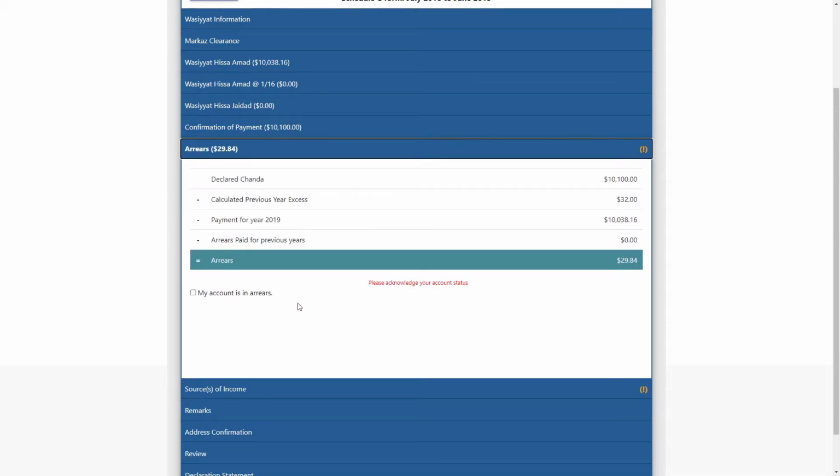Depending on this entry, the next section will give you a financial detail. It will tell you that you should have paid this much. From last year, you paid $32 extra. This year, you paid the amount that was listed in the previous section, which is $10,038.16. Hence, and there were no arrears from last year. Hence, you have an arrear, meaning that you need to pay some extra in order to make sure that you are